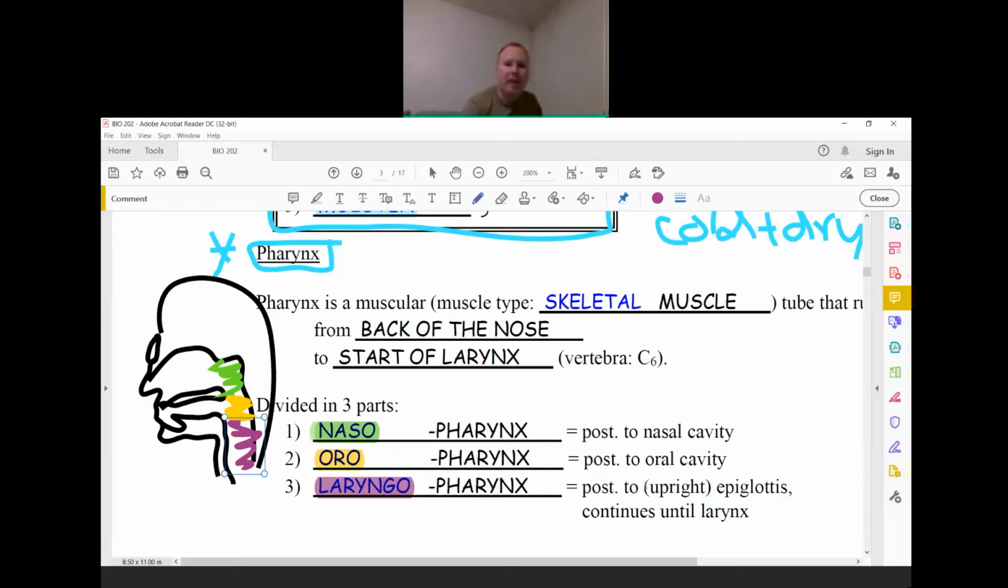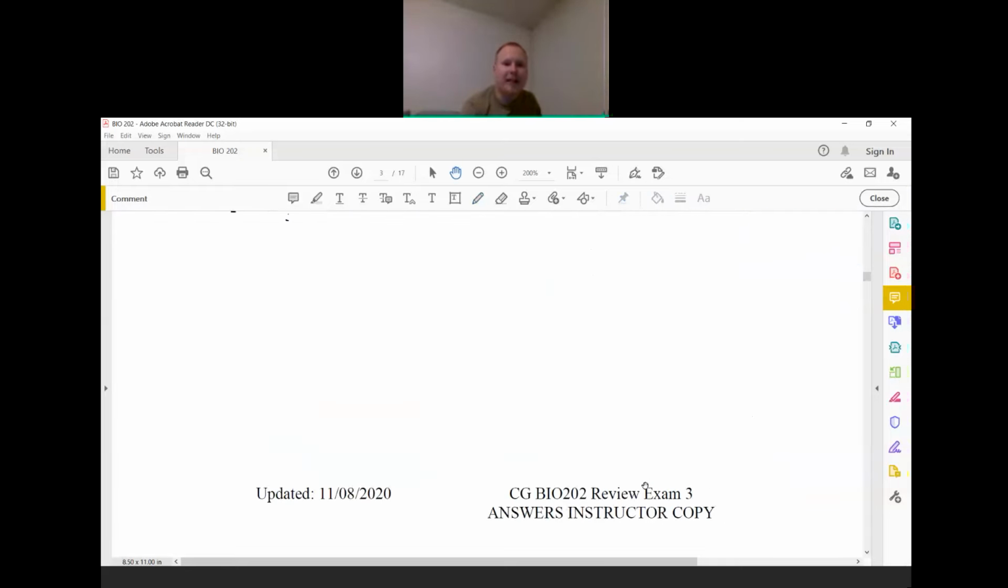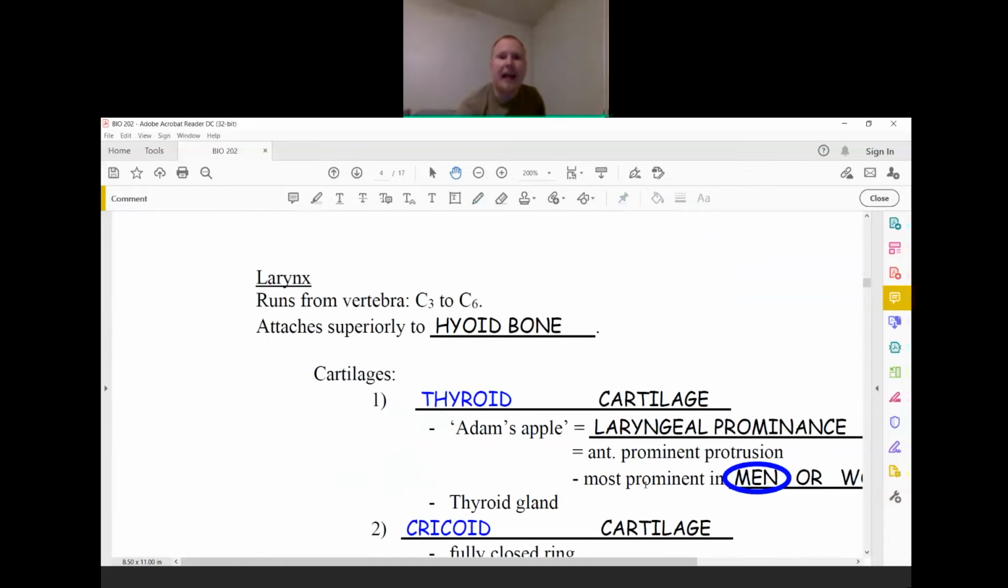Okay, let's continue our journey. The next one that we're going to look at is actually the larynx. The larynx is sometimes referred to as our voice box, but we're going to cover a lot more than just the voice box. It's located from the third to sixth cervical vertebra, and superiorly, so at the top, it attaches